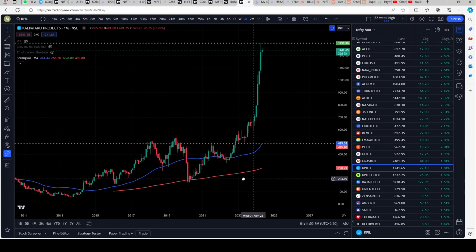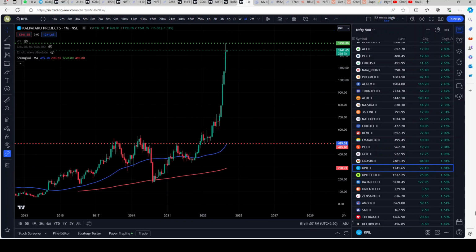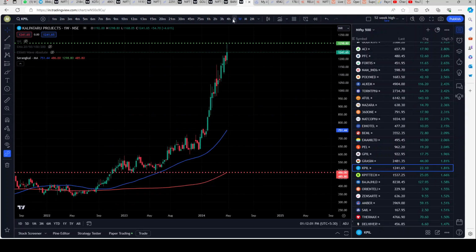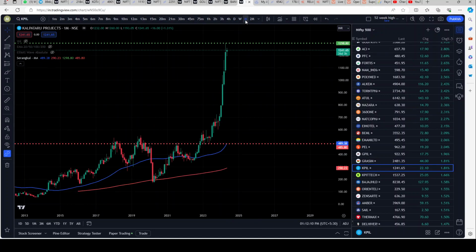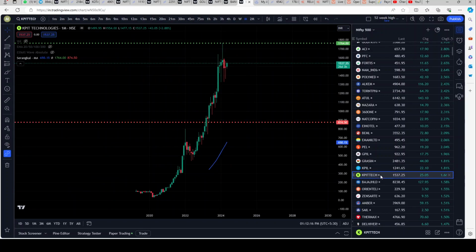Kalpataru Projects. All right, what does it show? It shows that currently it's hitting a high. From monthly, I'll switch to weekly, daily. In my view, it's run up quite a bit. I don't think it's wise shorting this stock also at this point of time, and it's run up too much, so I will not even think about going long in this currently. So this